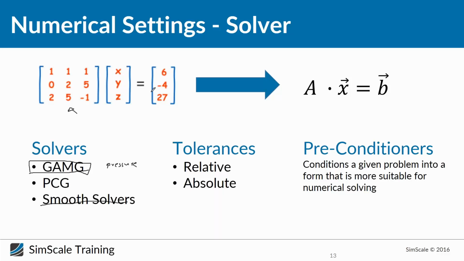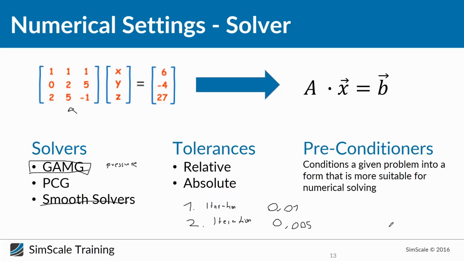You can not only decide when the solver should stop calculating, but you can also decide when this solving loop should be stopped based on relative and absolute convergence criteria. Relative describes the difference between two solutions, between two steps, and absolute is based on an absolute value. So for example, if I have an error of, let's say, 0.01 after iteration 1, and after the second iteration I have an error of 0.005, then I have a relative difference of 2,